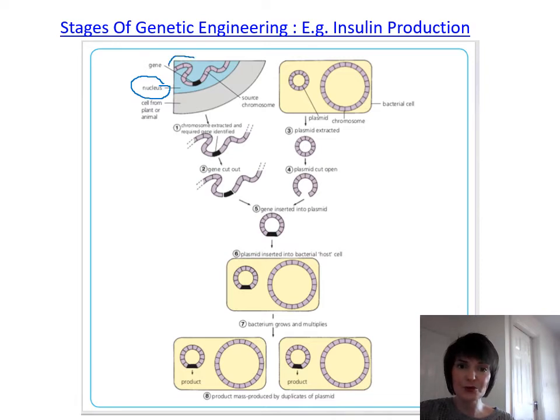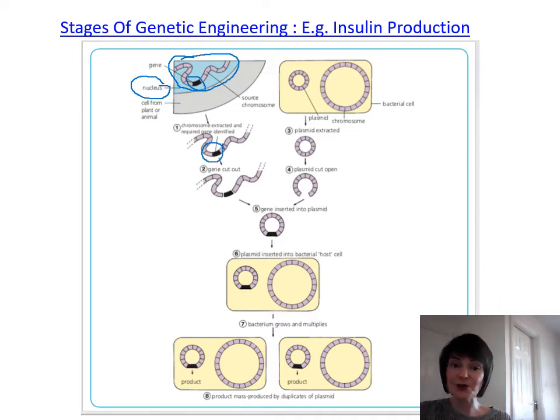So your chromosome is this section here, and this wee black bit is the gene that we would like to take out of that chromosome in order to put into a bacterial cell. So the first thing we need to do is identify the chromosome. We need to then identify the gene,